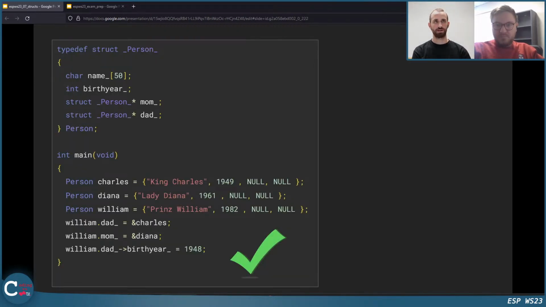What you should do instead is, for example, create Charles, then create Diana, and then create William, set to null, and then say, for example, William.dad is the address of Charles, William.mom is the address of Diana. Of course, you can also write it here if you want. And then the access would work to go from William to his dad and edit the birth year of King